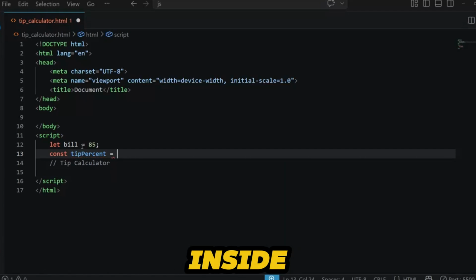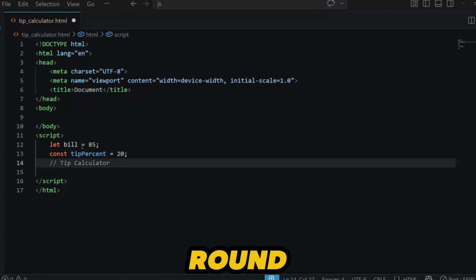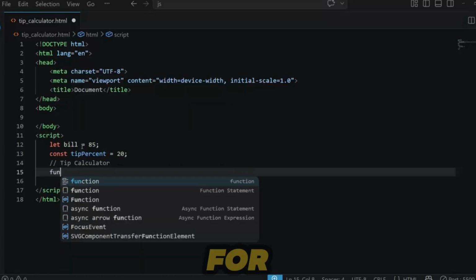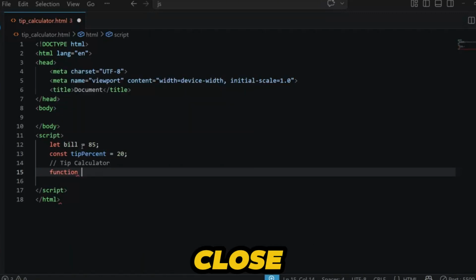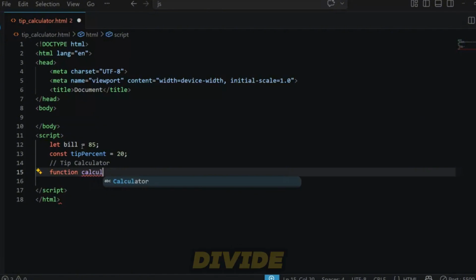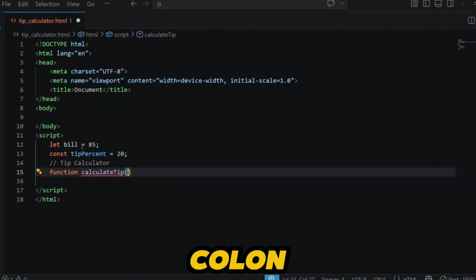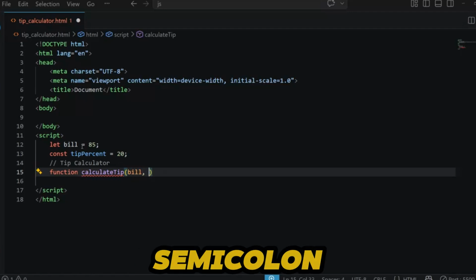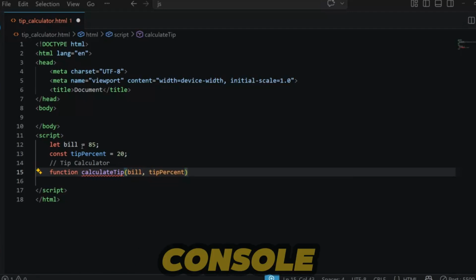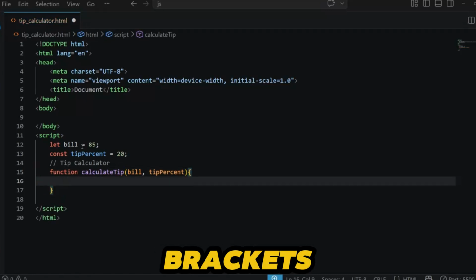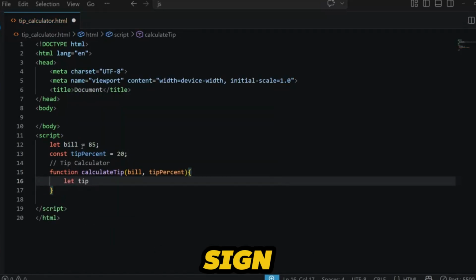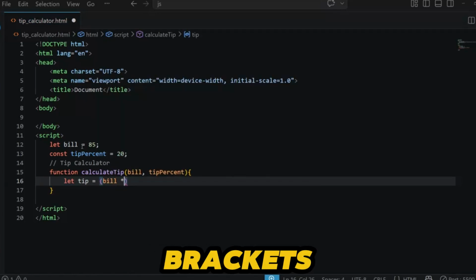First line inside, let tip = (bill * tipPercent) / 100; Next line, let total = bill + tip; Next line, console.log("Tip amount: $" + tip); Next line, console.log("Total bill: $" + total);